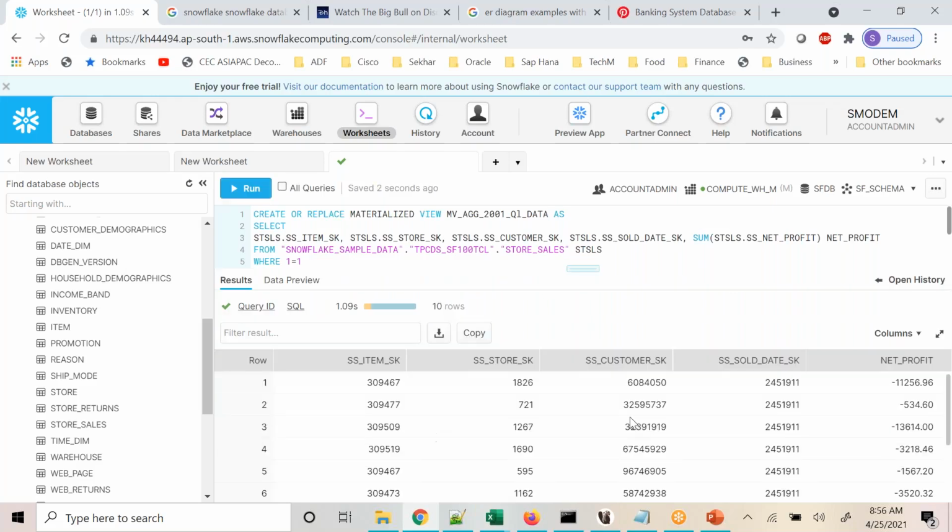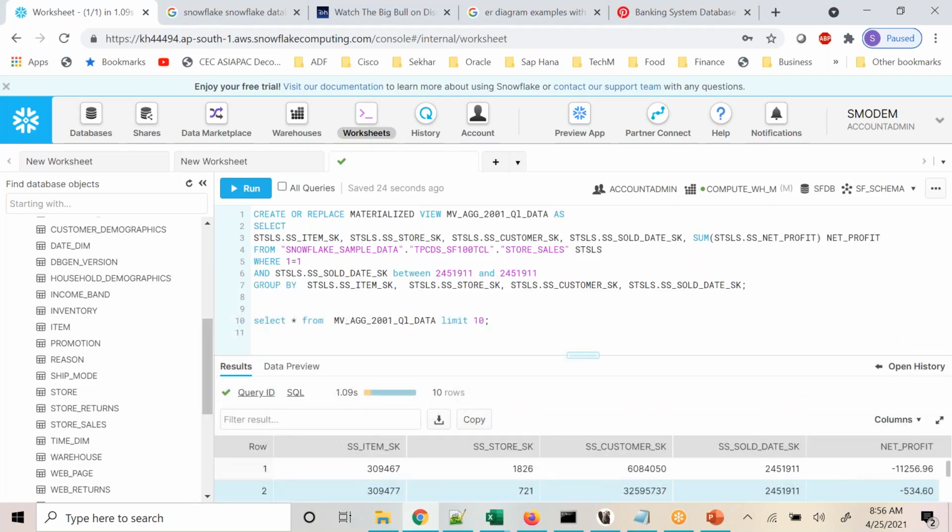So these are the rates that I have calculated for the net profit for a particular item, for a particular store, for a particular customer, which is sold on so and so date. The net profit is this much. There is negative, positive, both of them. And there are about that many items. 26 million records are there. The combination of items and store and customer and date, you have 26 million. This is for one day,